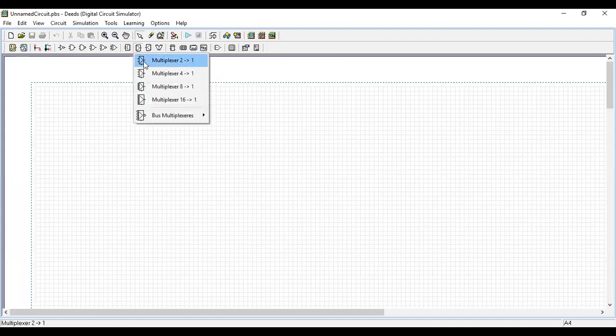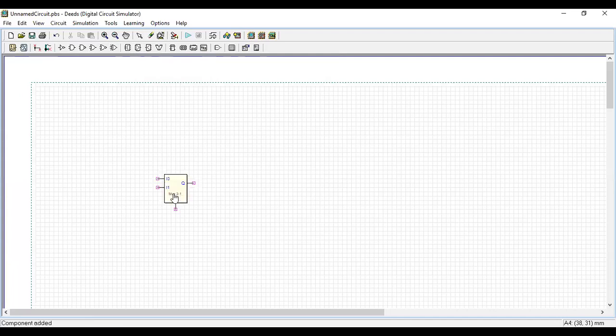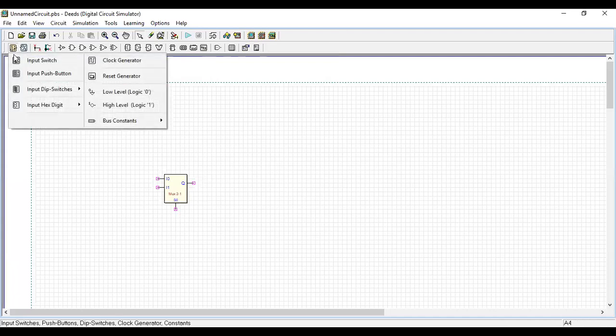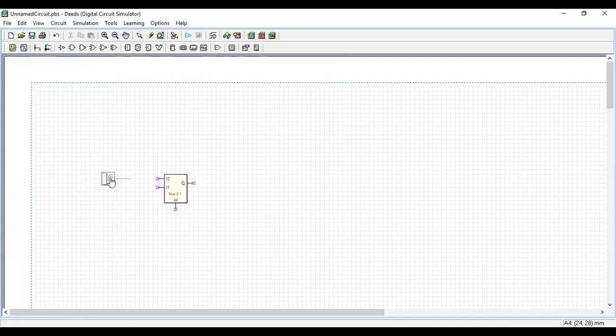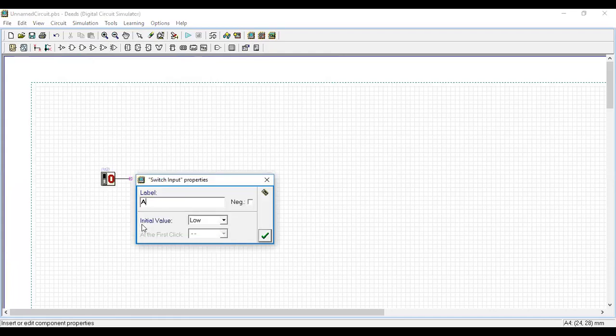Now I'm going to design a 2 cross 1 mux. Pick the 2 cross 1 mux and put it on your page. You want 2 inputs and 1 input for the selection line, and Q is your output. So input switch, this is A.